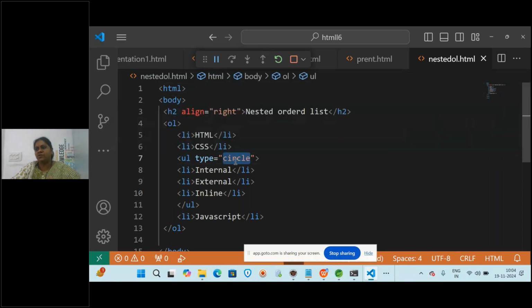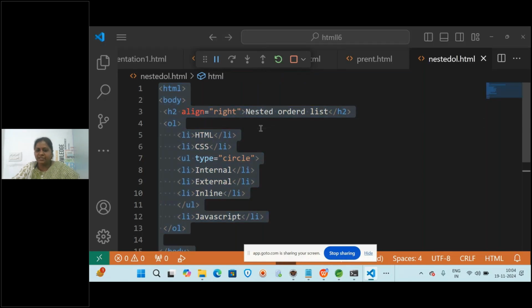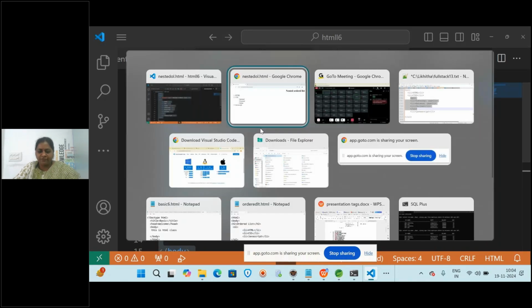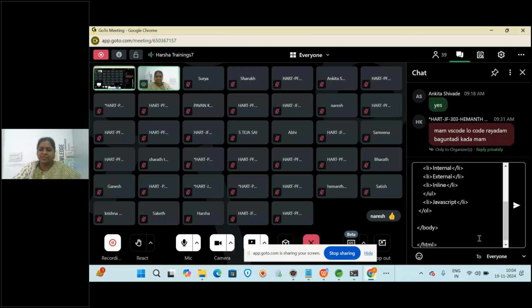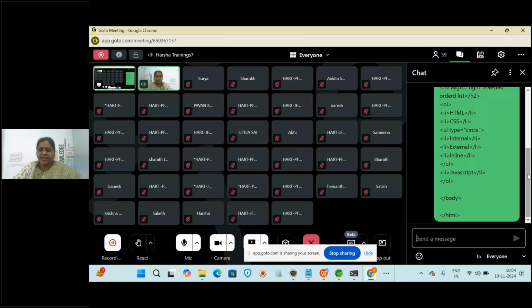You can do in reverse also. In UL you can write OL also, no problem. Both are possible. Clear everyone? I will be sharing this example in the chat box also, so all of you can check it once if you want. I shared the coding in the chat box.